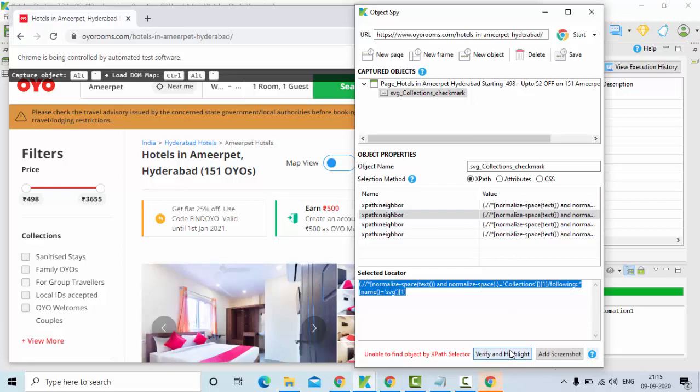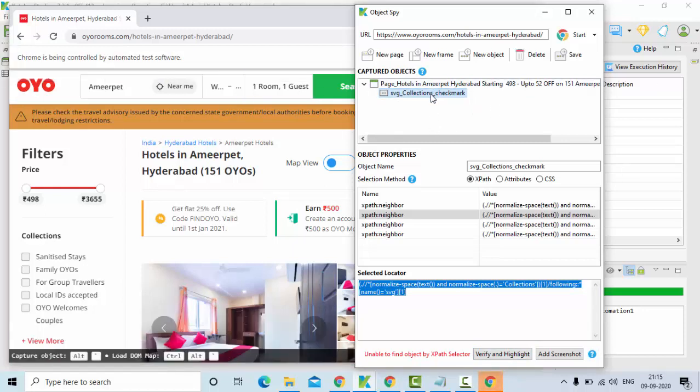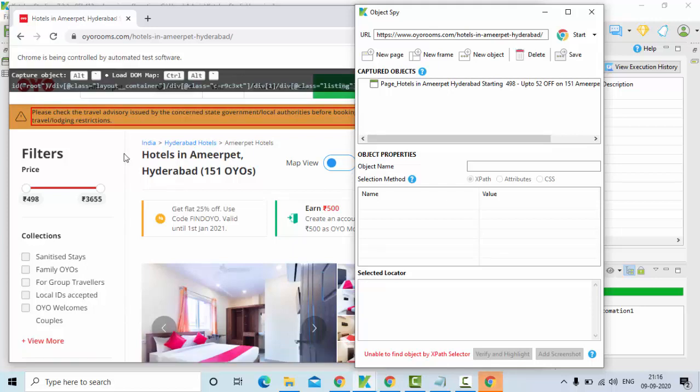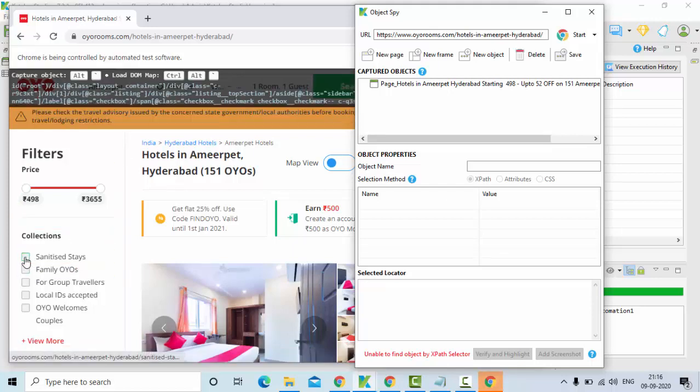Do you think it is identified? It's not able to detect properly. So let me delete this and let me delete this. Here I have deleted and try to identify again.